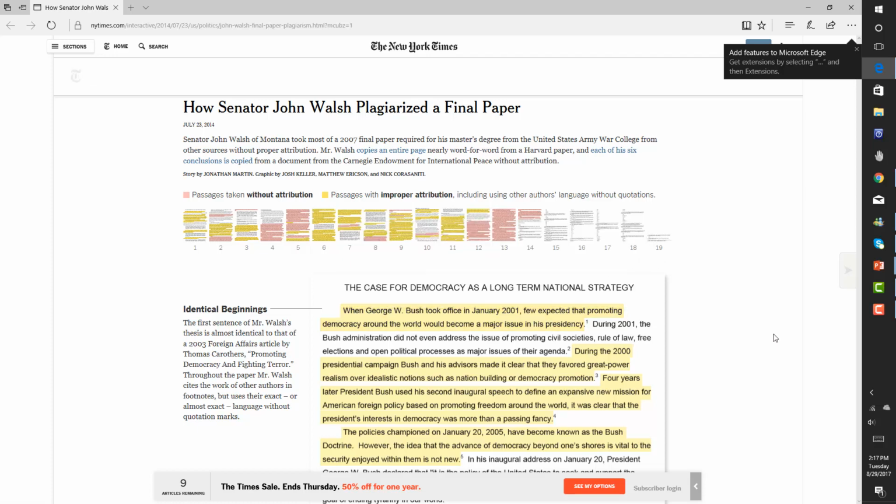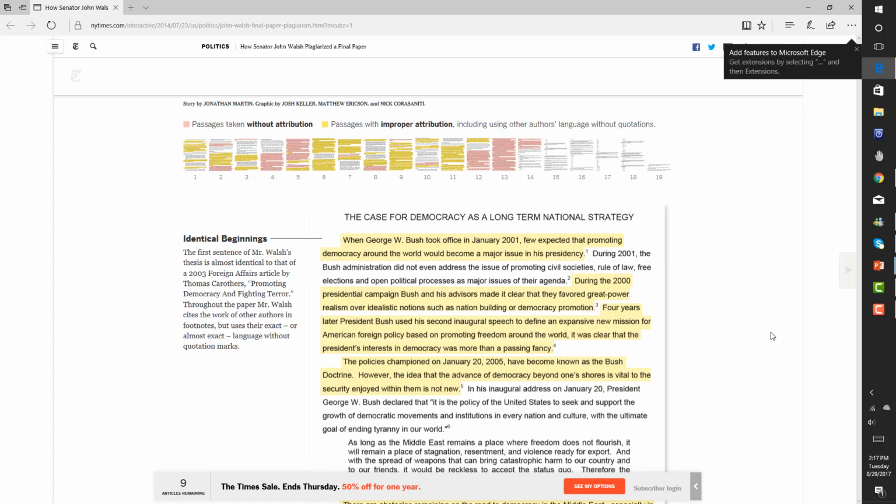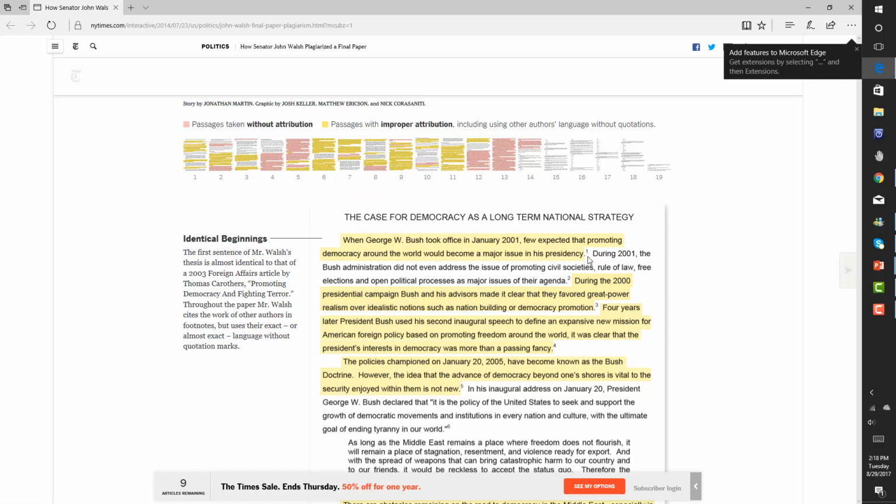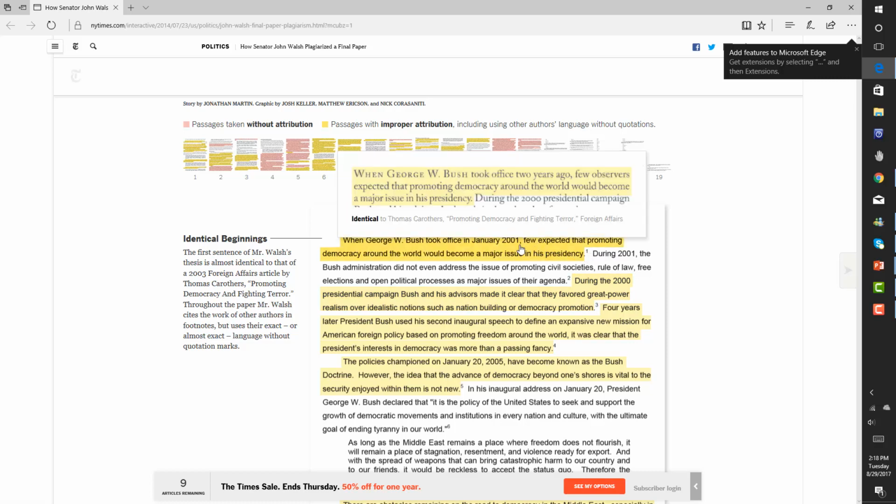And what you see, and I'll send this article out, what you see in yellow is things that he took word for word from another source, but he didn't put it in quotes. So in the real world, or in the government, a lot of times you'll do that, just because you're trying to make sure you get the word for word from an operations order or from a standard operating procedure, right? But in the academic world, you do not do that. You do not go word for word without. He tries to attribute, and you can see the footnote here, but you still don't go word for word without